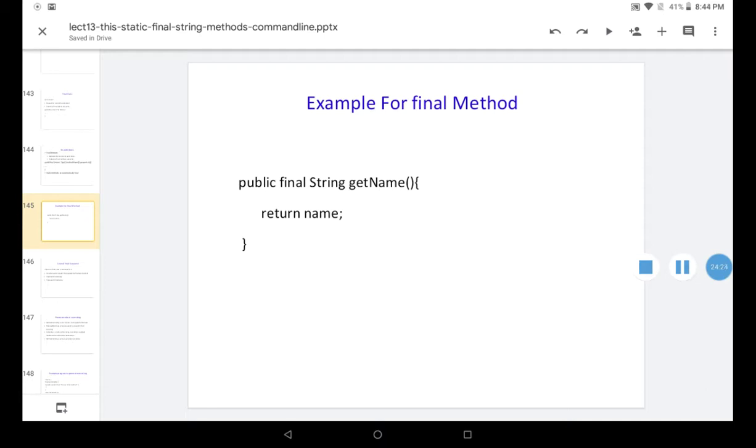The syntax is: public final String getName. getName is the method, String is the return type, final is the keyword and public is the access specifier. The getName method will return the name. Final means in the next subclasses this cannot be overridden.